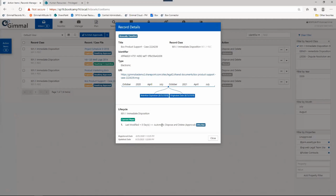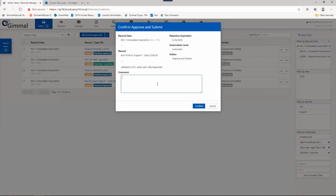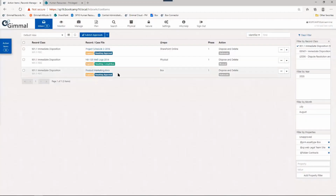It has a life cycle that makes it eligible for disposition. And so now if I want to dispose of that record from SharePoint, I just click on the pull down, I click approve and submit, I put in a comment if I choose, and I confirm that. The record disappears from my inbox. Gimmal Records Management reaches into SharePoint Online, destroys the record, bypassing the recycle bin in this example, and then writes